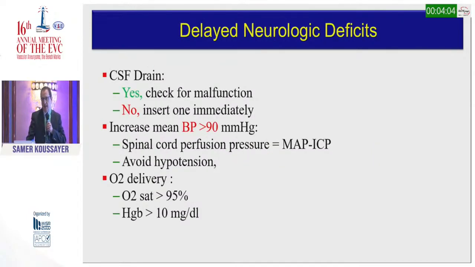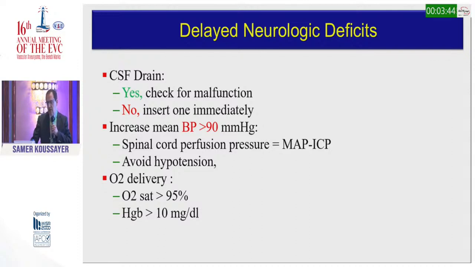If the patient develops a delayed neurological deficit, then you have to check. If the patient has a CSF drainage, be sure that it's working, not kinked, not thrombosed. If the patient doesn't have a CSF drainage, then you need to insert it as soon as possible. All studies show that the sooner you insert the CSF drainage, the quicker the patient will recover from his